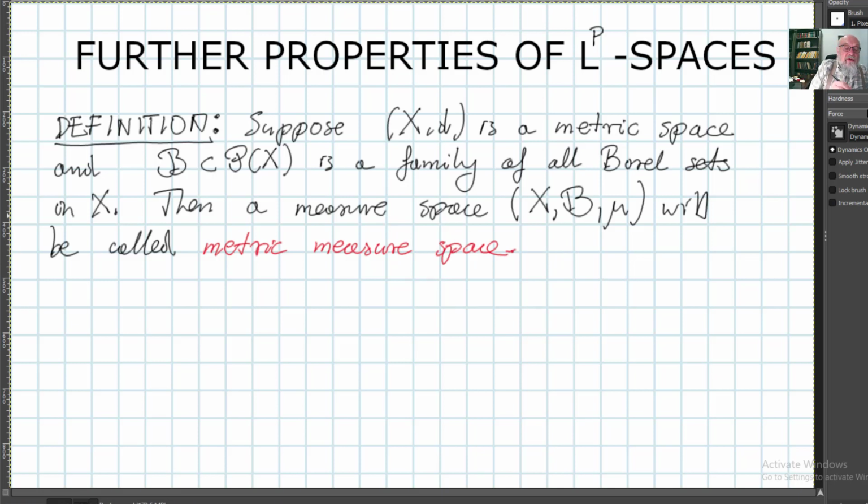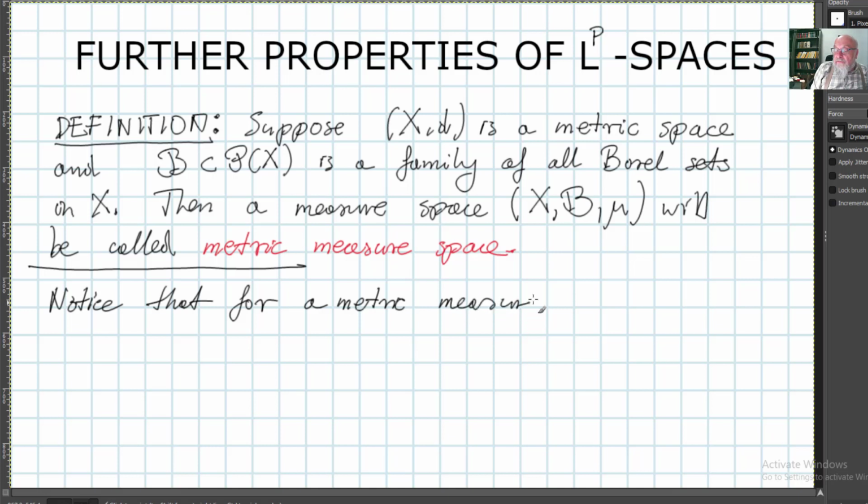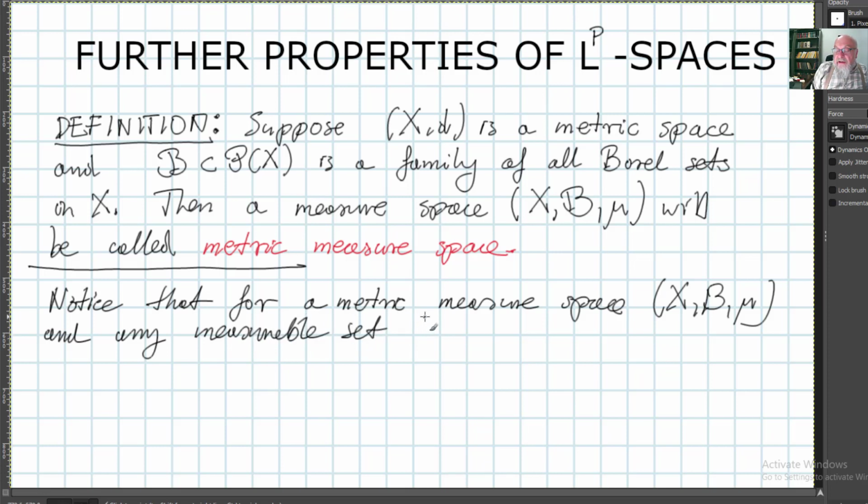What is interesting about this metric measure case, let me put it like this. Notice, after the definition, that for a metric measure space, and this will be X, and this will be Borel sets, mu, and any measurable set, let's say A, we have